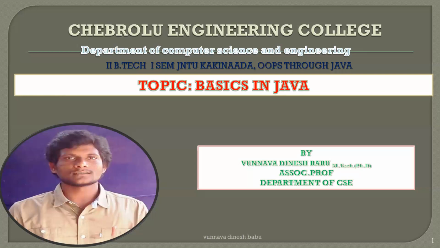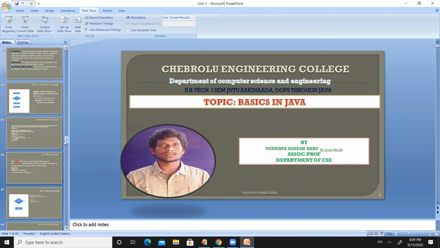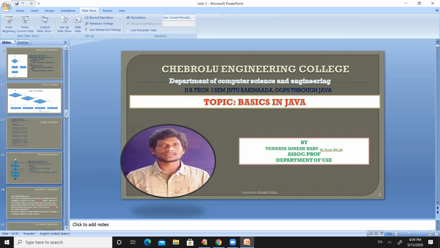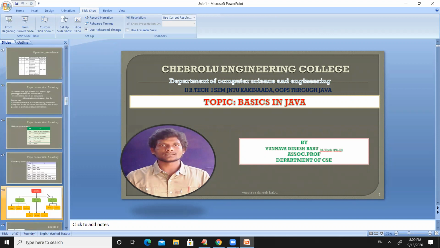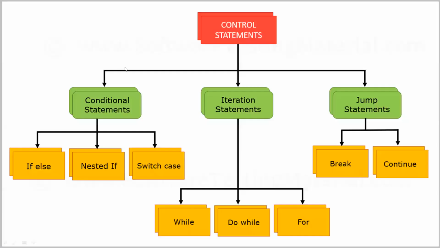We all are very familiar with these control statements. We have already worked in C programming language also. We have written several examples on these control statements also. So let us quickly move to the slide of control statements, right? We will see what are control statements, how they are divided into groups, and what are the things under each and every group, right?